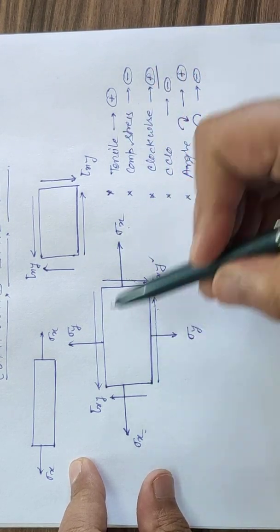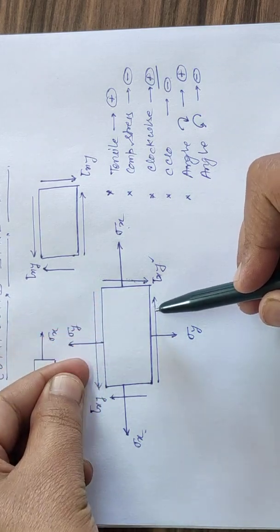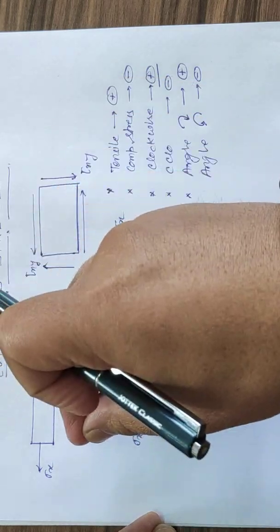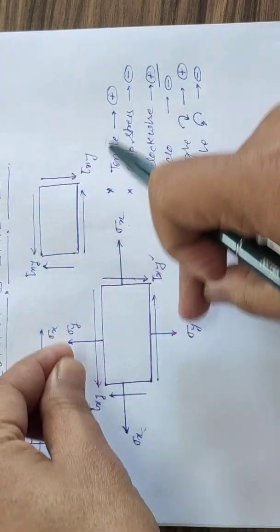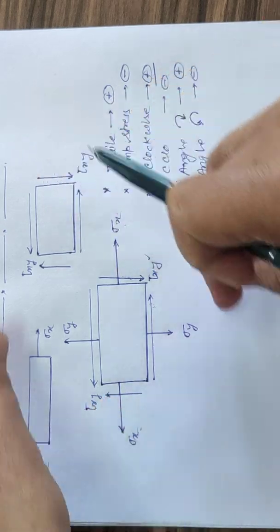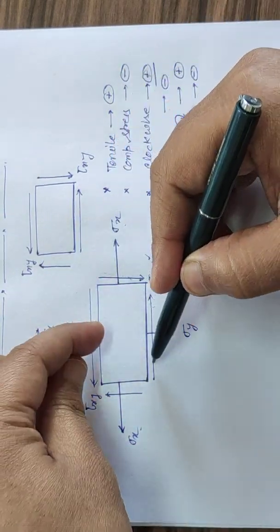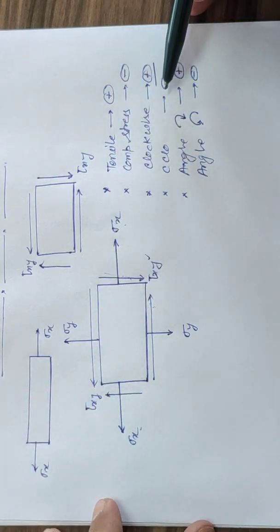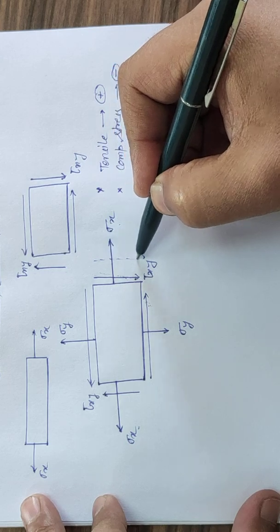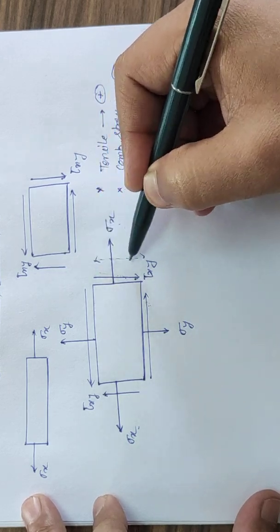This is tau xy and this is tau xy, so they are going to produce a clockwise couple. Again, these are producing anti-clockwise, and this tau xy is producing clockwise. So these clockwise ones we will take as positive, and this anti-clockwise one we will take as negative. Let's say the shear stress was acting like that; then we will consider this shear stress as negative.